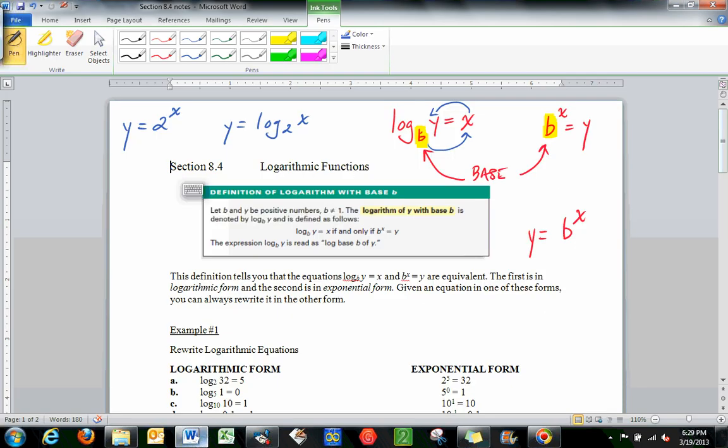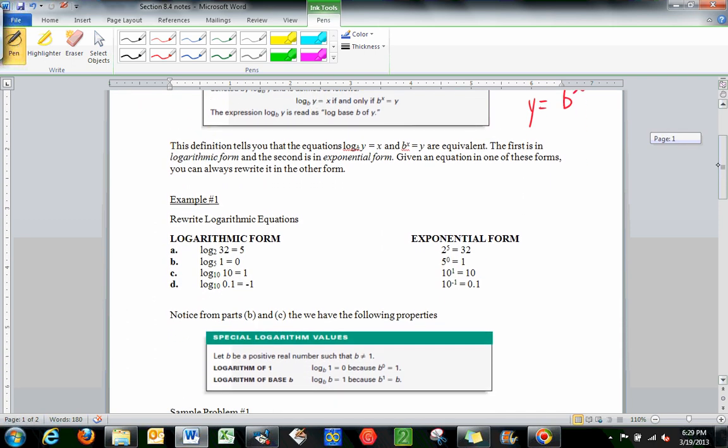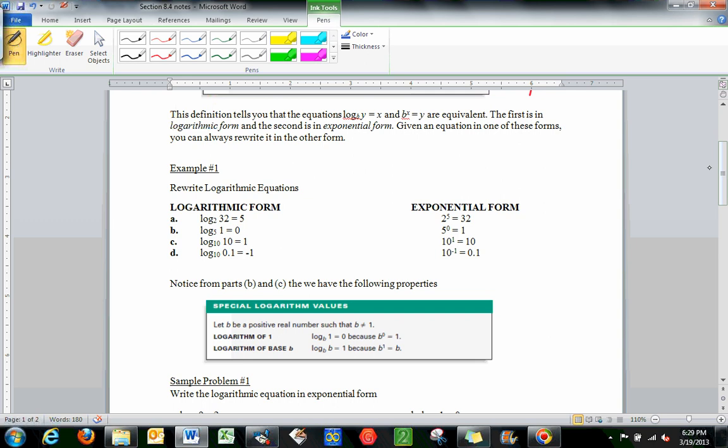Now, in this particular section, we're going to keep it real simple. We're just going to focus on base units and rewriting exponents and logs to represent each other. This may seem simple and straightforward to begin with, but it's extremely important that you understand how to do this rewriting process, because it's going to help you out later on when we actually have to start solving